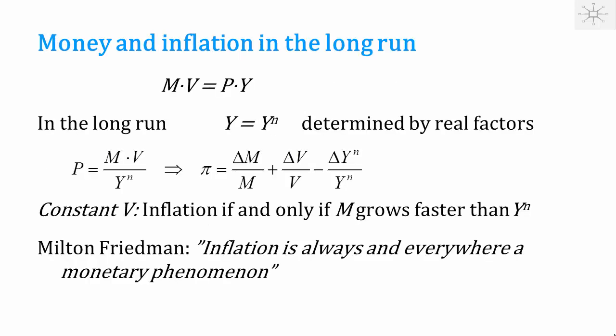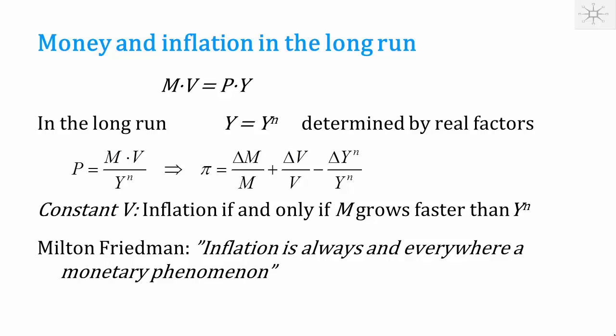But here we focus on the long run. So what determines inflation in the long run? Well, we have a theory here, because if we have this equation, M times V equals P times Y, and we know that in the long run, production is equal to the natural level of production, which is determined by the real factors that we have analyzed in chapter 2. So we can take that natural level of production as given, and we can solve for the price level. So we get the price level is M times V divided by production.